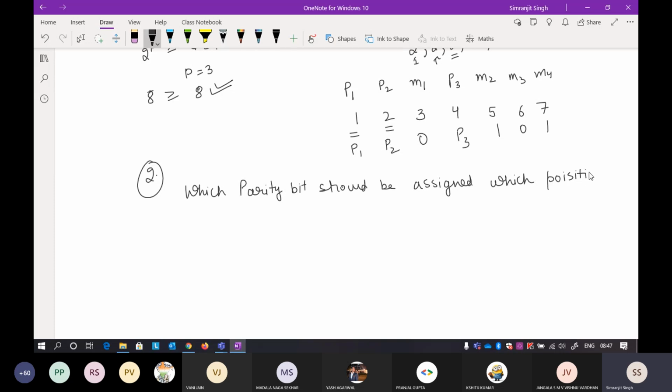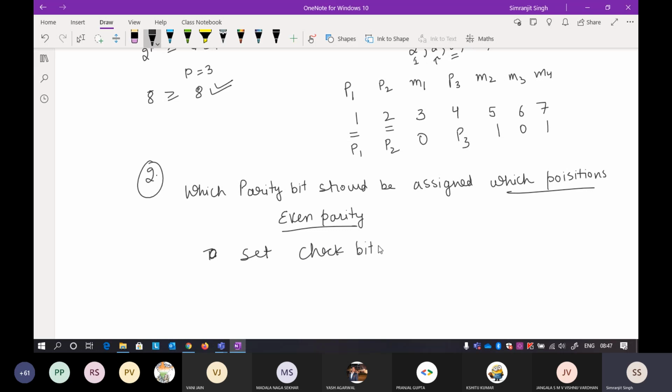Because you already know how to check a parity, and in this case again there will be even parity. I'm again taking the default one, that is even parity. Even parity will be based on some positions, so you have to check some positions and, based on that, set a value. To decide which positions, there is something called check bits. So the second step is to set check bits.